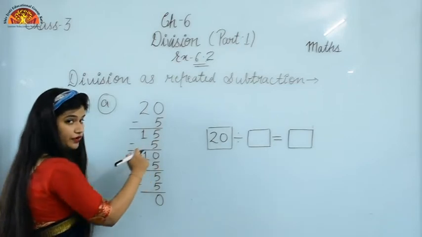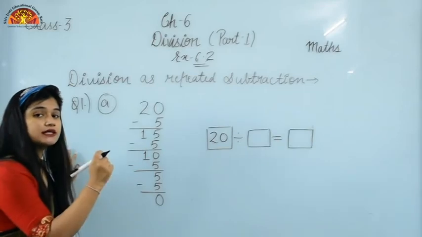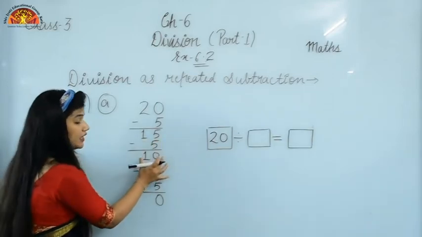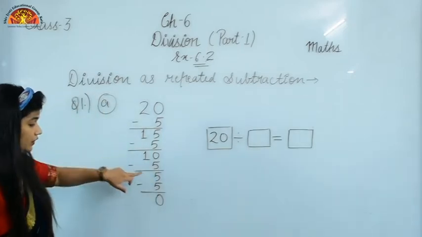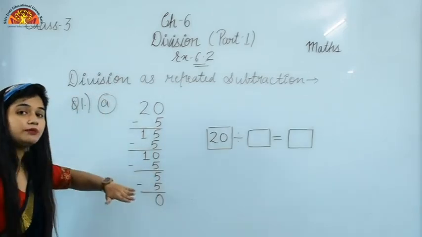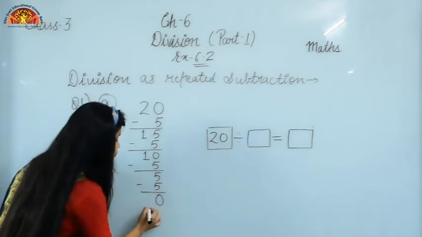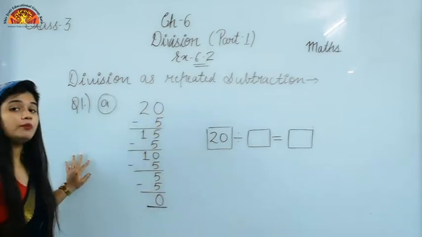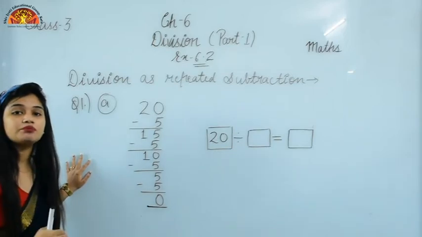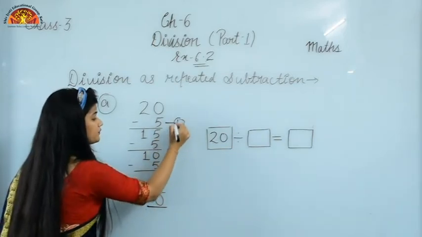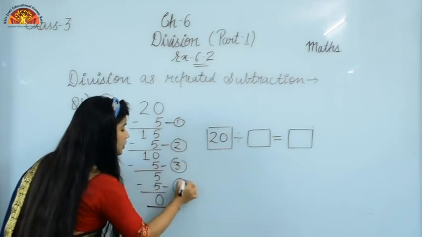Again we are subtracting 5. पहले भी हमने 5 subtract किया and again we are subtracting, हम minus कर रहे हैं किसको? 5 को, and then we are getting 10. Again what we are subtracting? We are subtracting 5 and we are getting 5, और 5 में से फिर हमने क्या subtract किया? 5 subtract किया and then we are getting 0. So students, from 20 how many times we have subtracted 5? कितने times आपने 5 को subtract किया? 1 time, 2 times, 3 times and then 4 times.